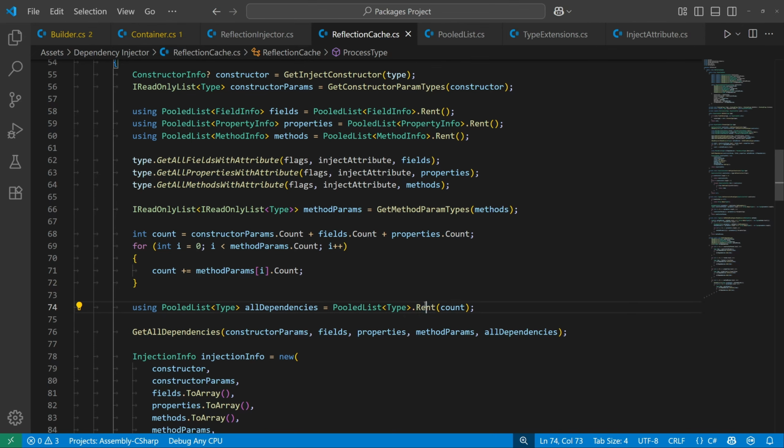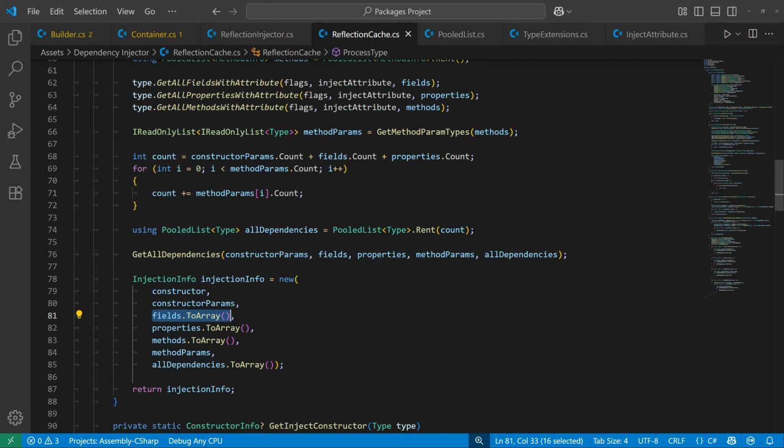And in the case where you call rent with a count property, it's going to behave identical to the array pool rent, where the count here just means the minimum size that it's going to have. It could actually give you a bigger list than you asked for, but that's just how the implementation of the array pool works. And now that we are using these lists that are essentially going to be reused many times over,